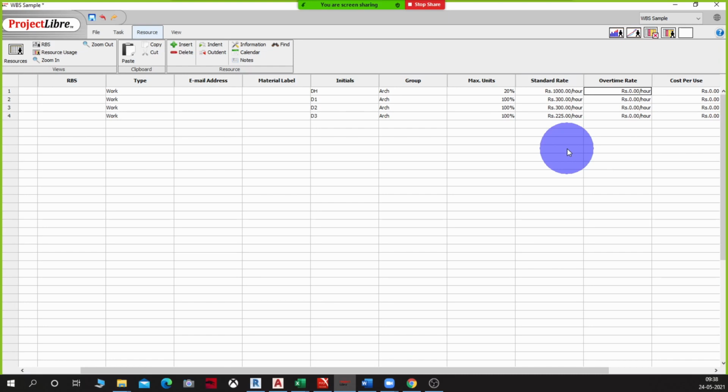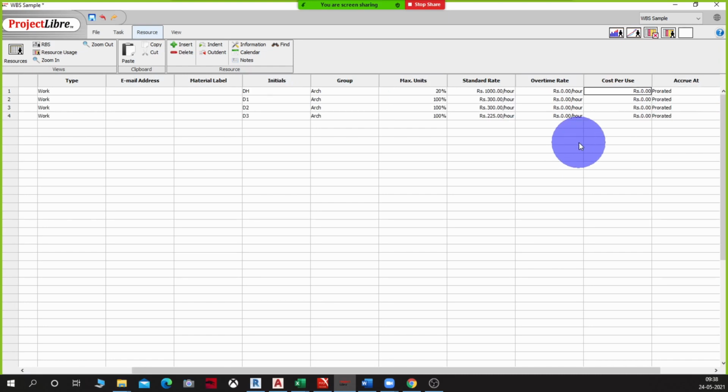Okay, overtime rates can also be shown. Cost per use. Now what does this mean? This is a very specific scenario where, let's assume one of these designers whom you have here is coming from a very far off place and is utilizing the campus vehicle.